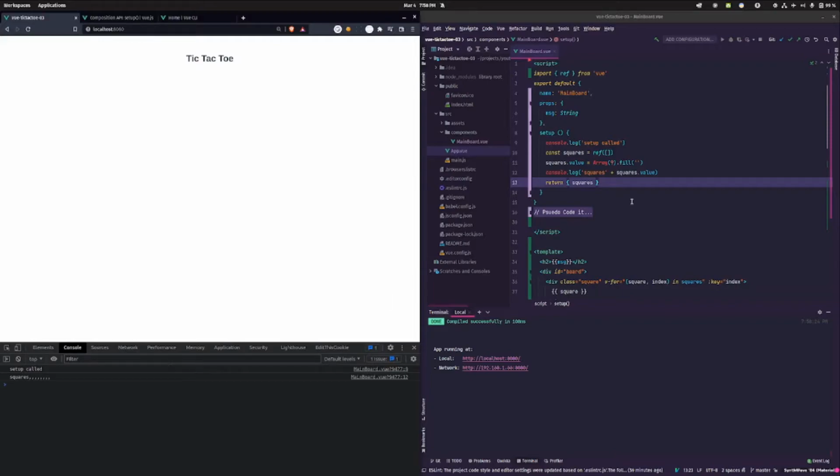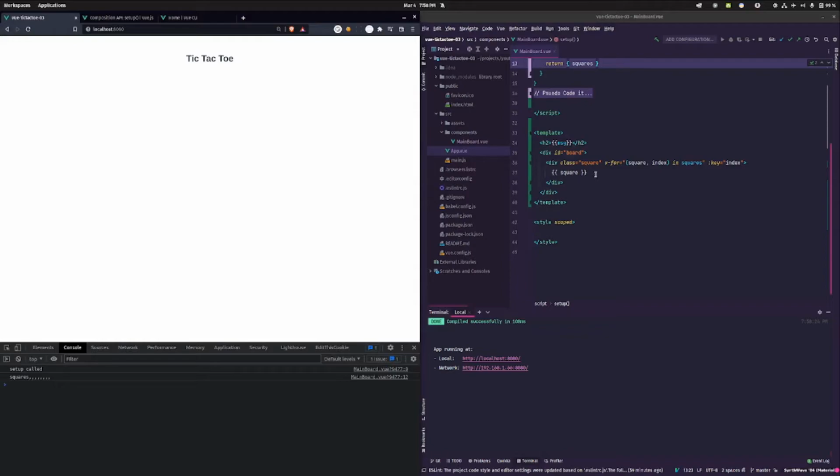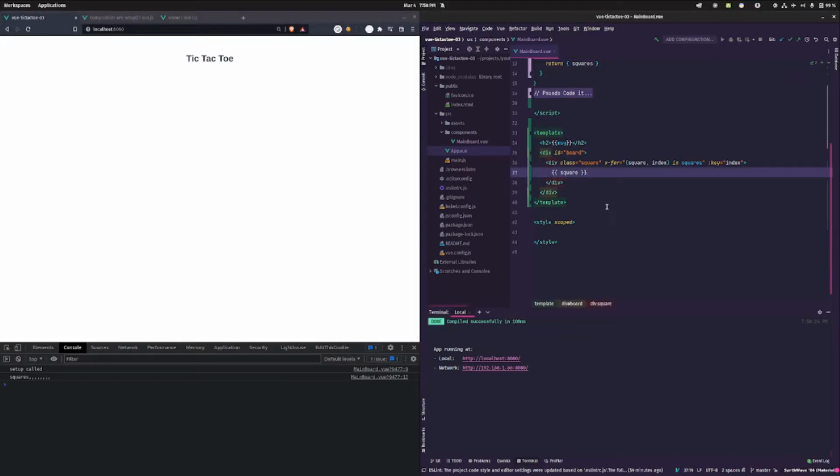Great. All right, so the squares are there, but you can't really see the squares. How can I make the, oh. This is good because now I get to do some CSS work. I get to put some lines around things, right? All right, so let's say we've got board. We're going to say board